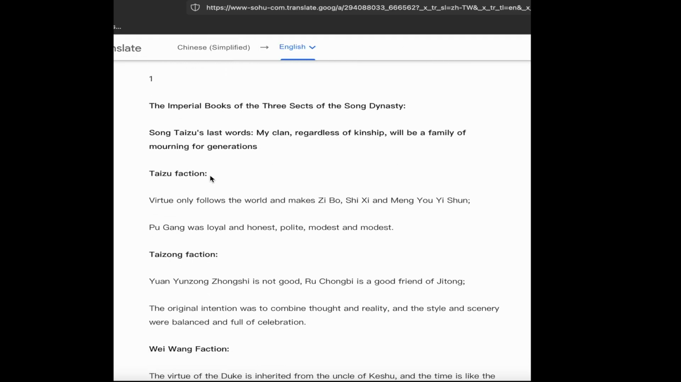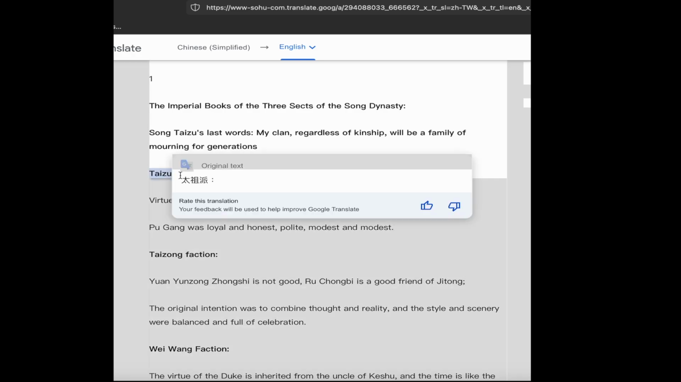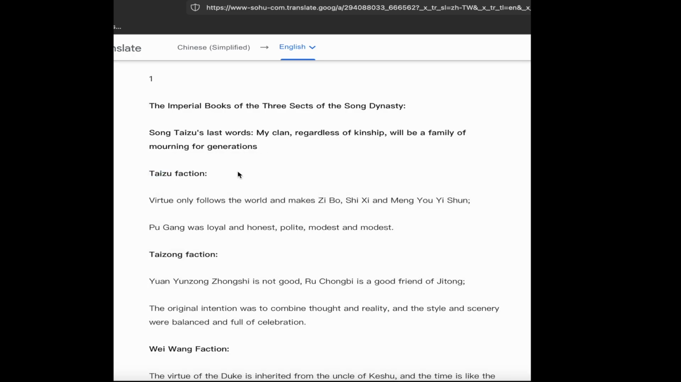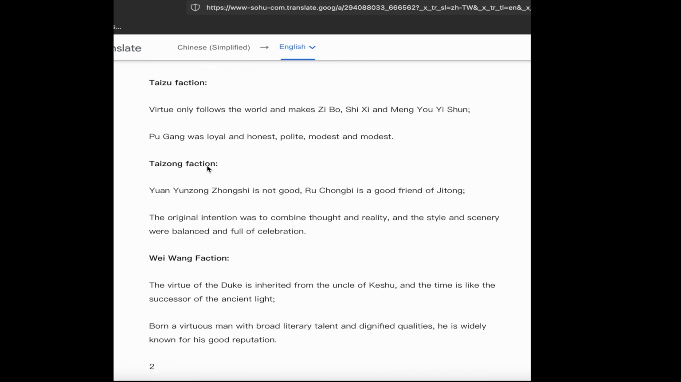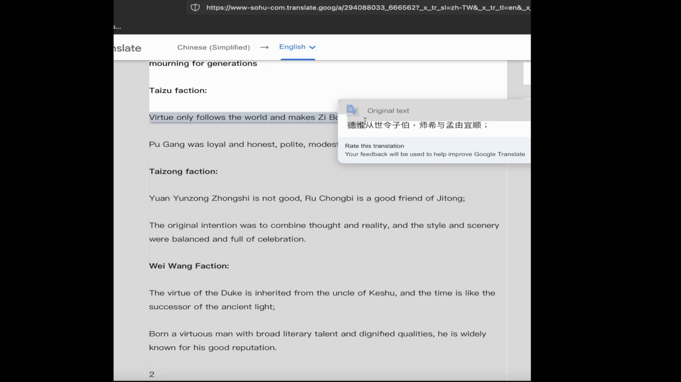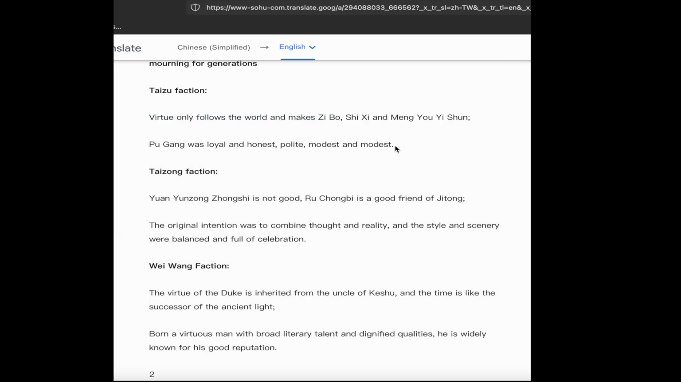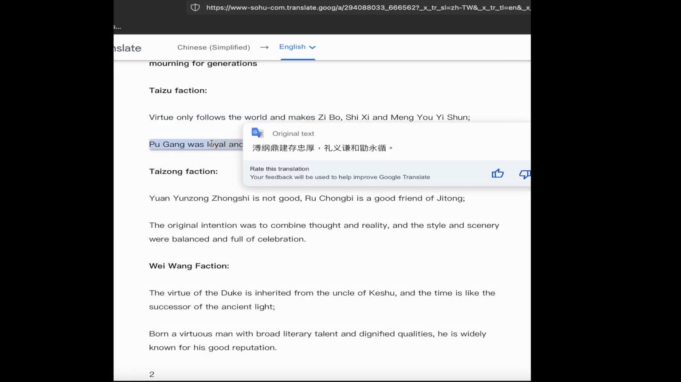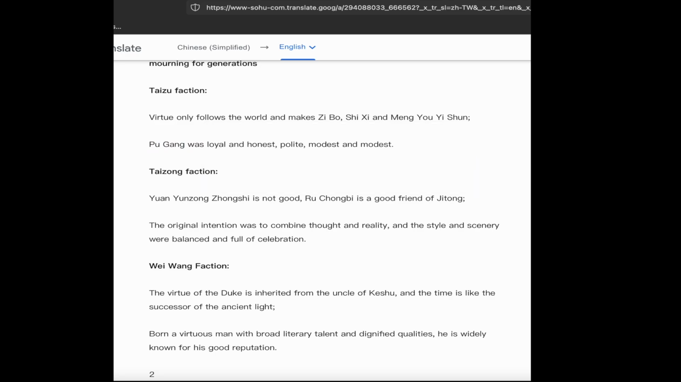So here are the different factions or clans. For the Jill family here, there are 3 factions: a Taizu faction, a Taizhong faction, and a Wei Wang faction. Here is the translation. As you can see, it doesn't really make sense, but you can see it is a type of poem. The second line says that he's loyal, honest, polite, and modest. And the first line has a bunch of words here because that is part of the poem,